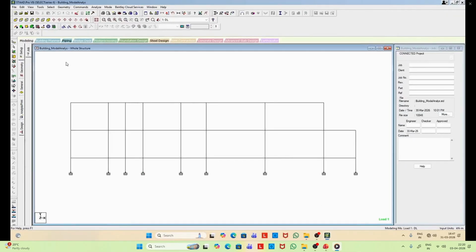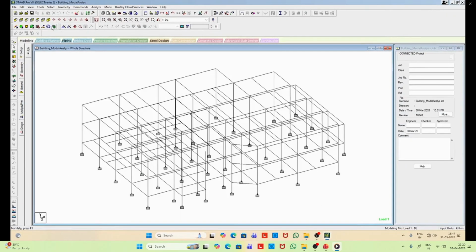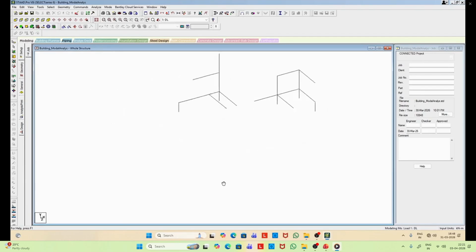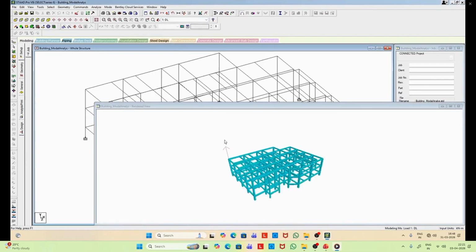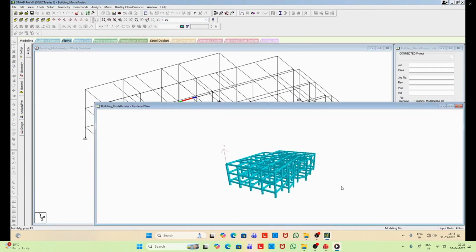So here you can see the model that we developed earlier. Now in this model, first we have to apply the mass of the structure, because for modal analysis we need the mass of the structure. Now you can see how many degrees of freedom we have. We have a multi degrees of freedom system. Obviously, if you write down the equation, it is actually a coupled equation.